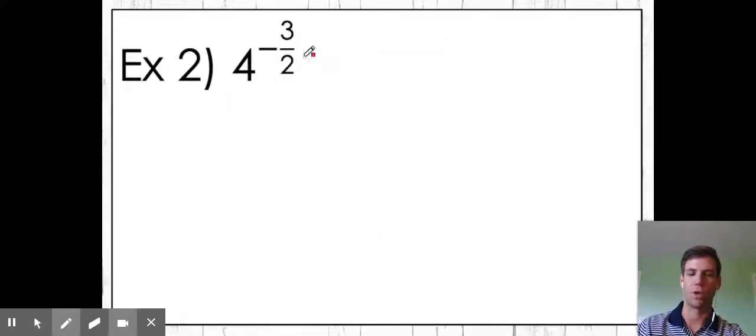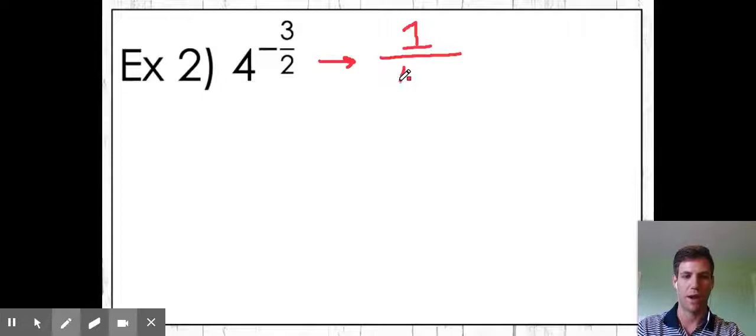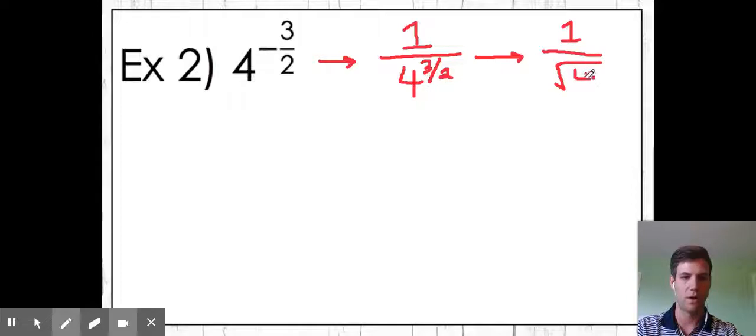In problem number 2, we are looking at 4 to the power of -3/2. So the first thing that jumps out at me is that we have a negative exponent. So let's make that change by putting it into the denominator, which is one of our exponent rules. So now we have 4 to the power of 3/2. From there, I can change that into radical form. The 1 on top is obviously not changing. But on the bottom, we have the square root of 4, and we are going to cube that answer,